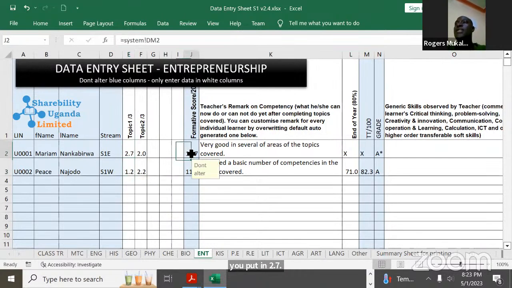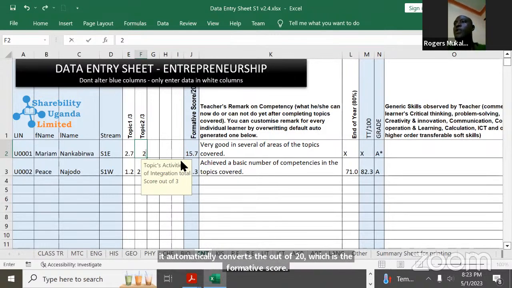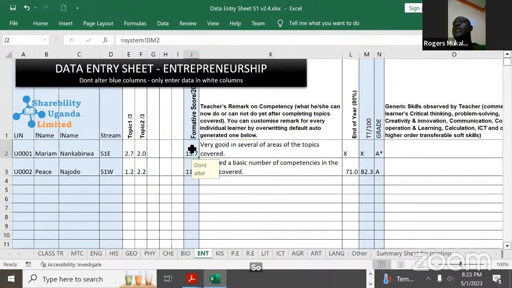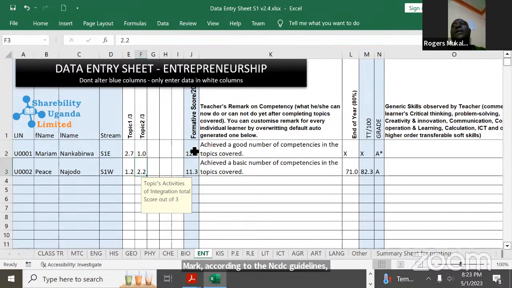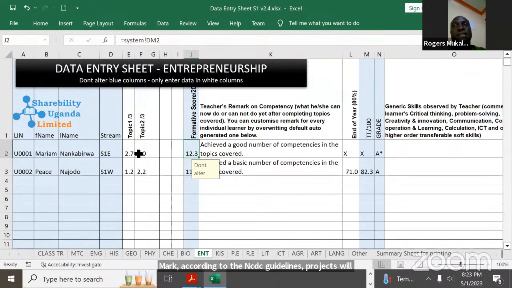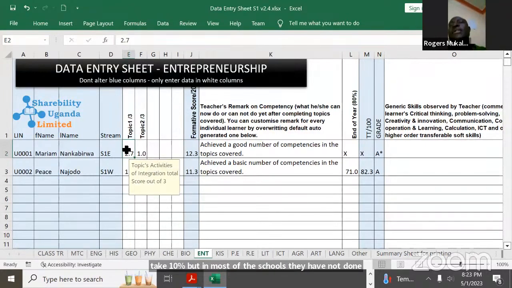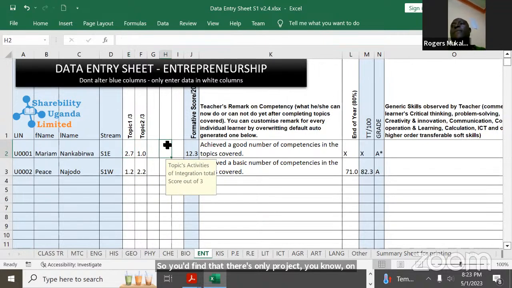It automatically converts to the out of 20, which is the formative score. So for now, we have not integrated the project mark. According to the NCDC guidelines, projects will take 10%, and activities of integration will also take 10%. But in most of the schools, they have not done a project in each subject. So you'd find that there's a project in only 1 subject. So you cannot put that in all subjects. But in case a school has project marks out of 10, they can actually also